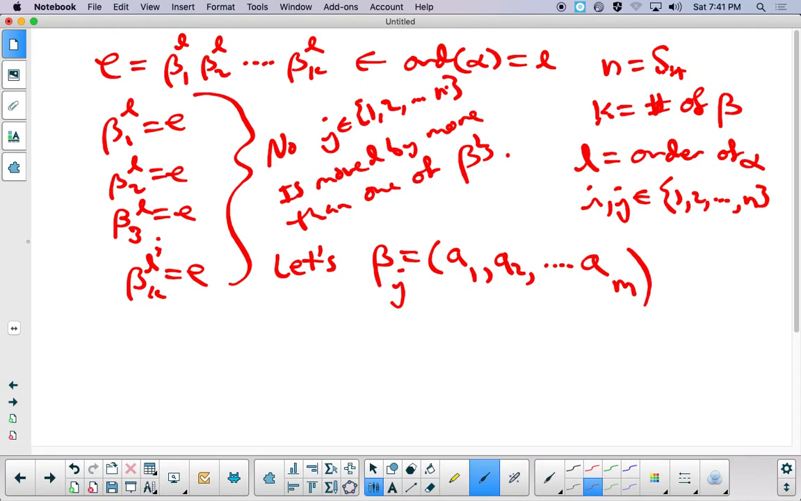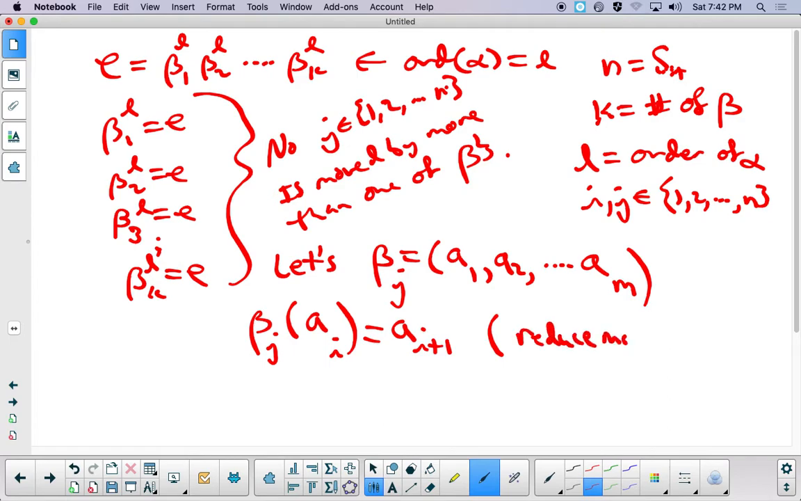Now, if we start looking at this, it's pretty easy to realize that we can figure out beta to the j of A sub something, let's call this something I, and this is just going to be A to the I plus 1, reduce mod M, the length of the cycle. I guess that's the length of beta j. And